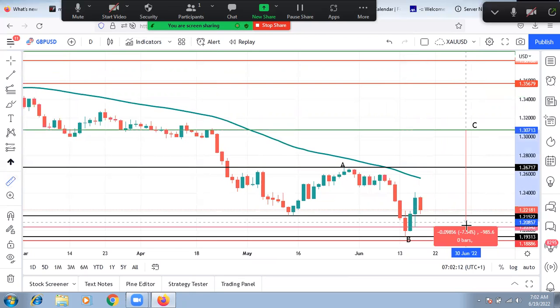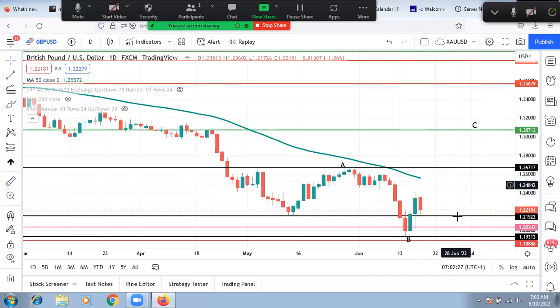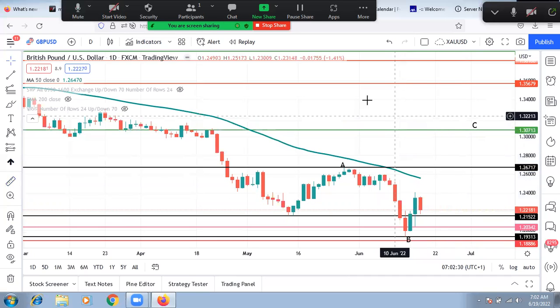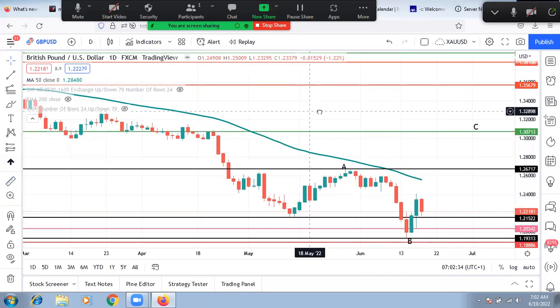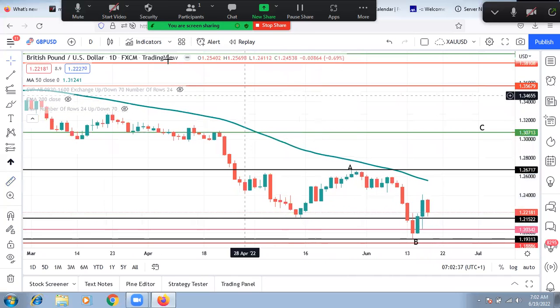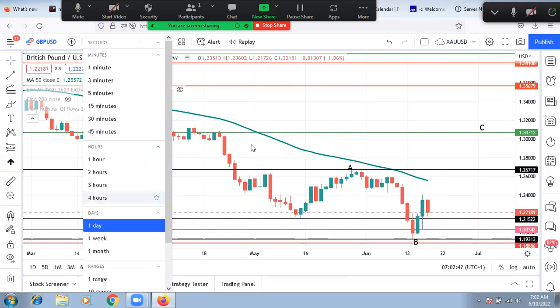If I enter here, that will be about 1,032 pips, and from where it has moved itself would be about 1,105 pips. So you can still bag 1,000 pips to the upside from here. That's huge. 1,000 pips is huge. Now, that is the only one I can say it's ready. So for me, if I want to engage this,